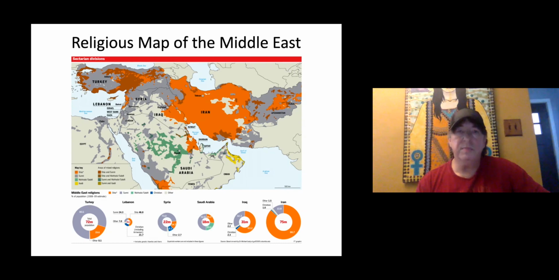But the distribution is lopsided in certain areas. So if you look at the orange areas, those are areas where there is a dominant Shia presence. The darker shaded brown is where there's a mix of both Sunni and Shia. So you can see that there's a kind of a